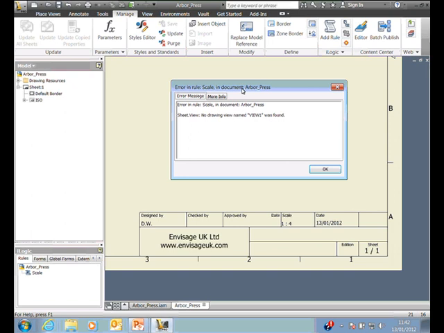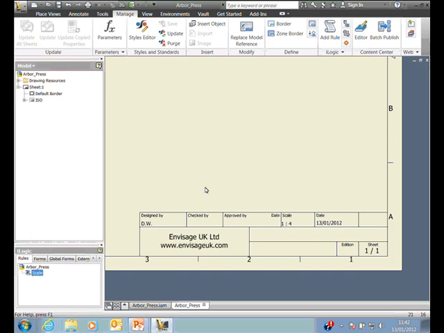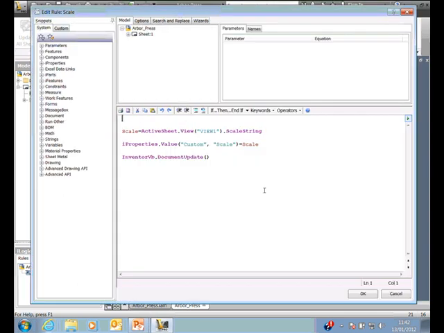And I don't really want this to come up on my drawing every time I don't have a view called view 1. Sometimes I may have already created a view called view 1, deleted it, created a new view, that will be view 2, and of course the view 1 won't exist and I'll get this error every time. So what we can do now is we can edit the rule,